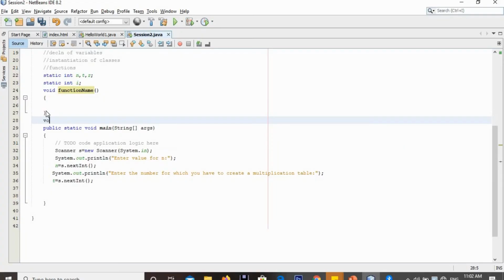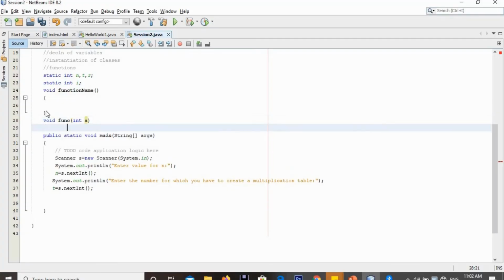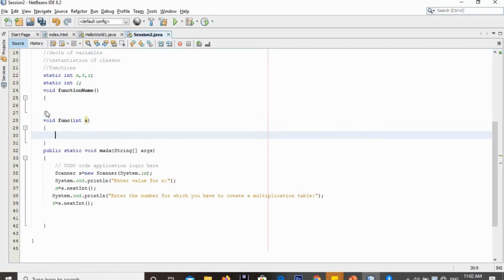If you want to create an argumented function, we can have parameters like int a, and these parameters can be of any type. So this is a way of creating a simple function in Java.